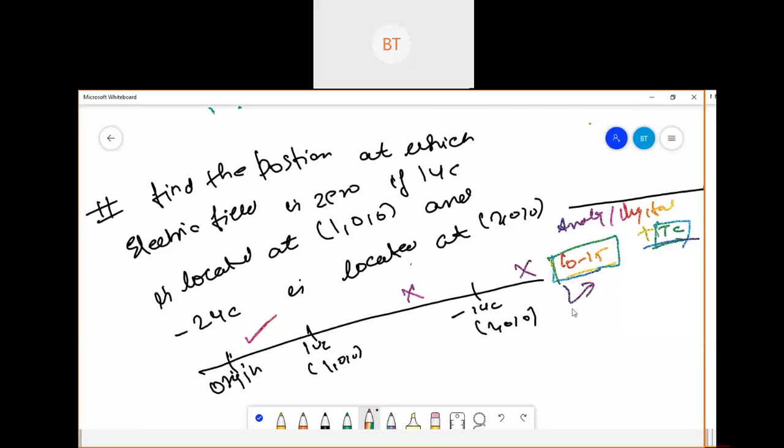Should we finish? Okay, we are on the verge of ending this meeting. Please try to solve this problem, or we will discuss it in the next class, tomorrow. First tomorrow we will take the biomedical class, and after that we will deal with this EMFT class. Thank you everyone. We will meet tomorrow.